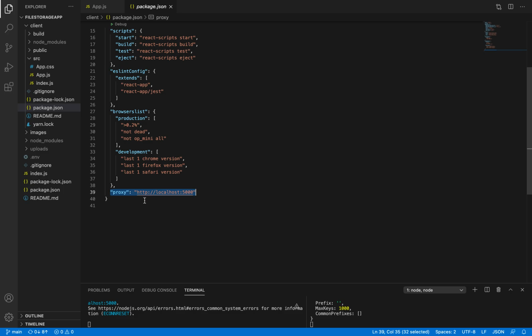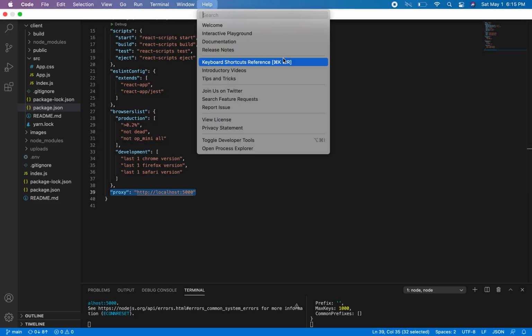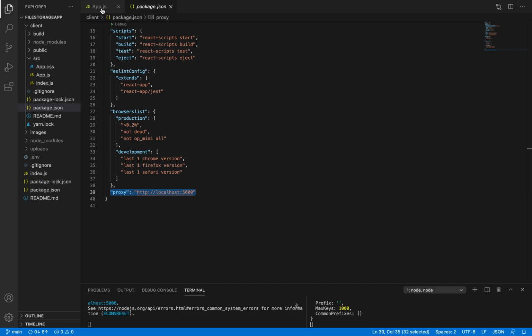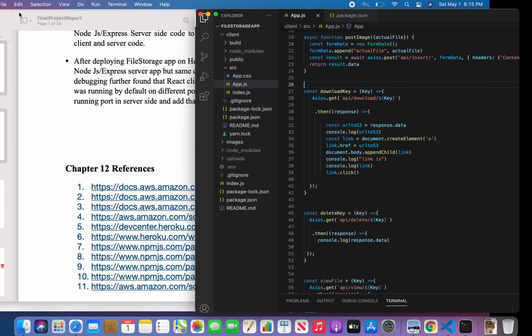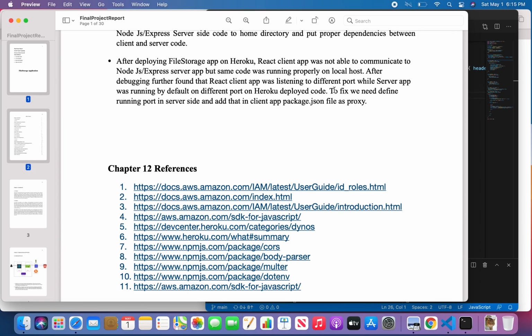This defines that on localhost port 5000 the server should listen itself. So in the app.js, it will get localhost colon 3000, and if I deploy it on Heroku, then it will get the Heroku URL and then the API slash download path. To resolve that error, we added the proxy.